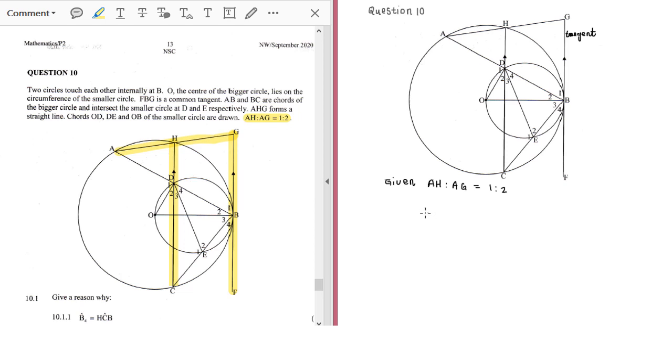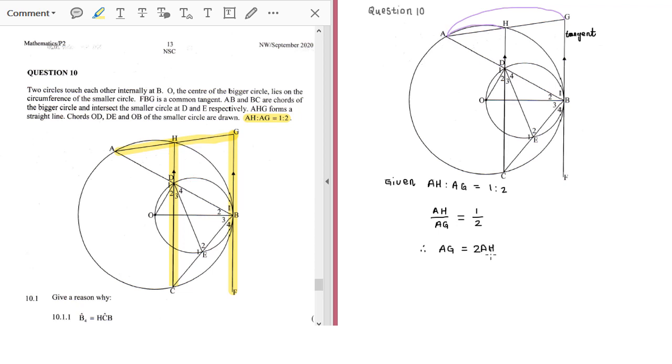Let's write this out as a fraction: AH to AG, which is basically this. We are saying that that is in the ratio of 1:2. Now if you cross multiply over here, you're going to have that AG is equal to twice